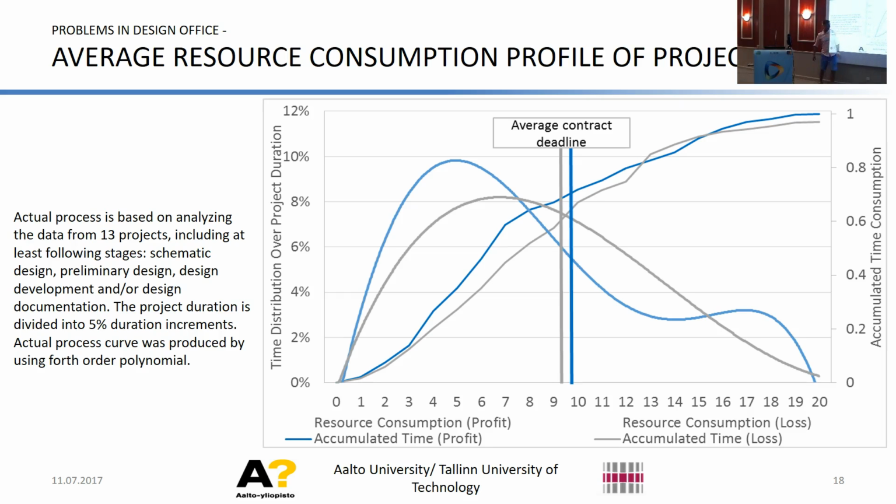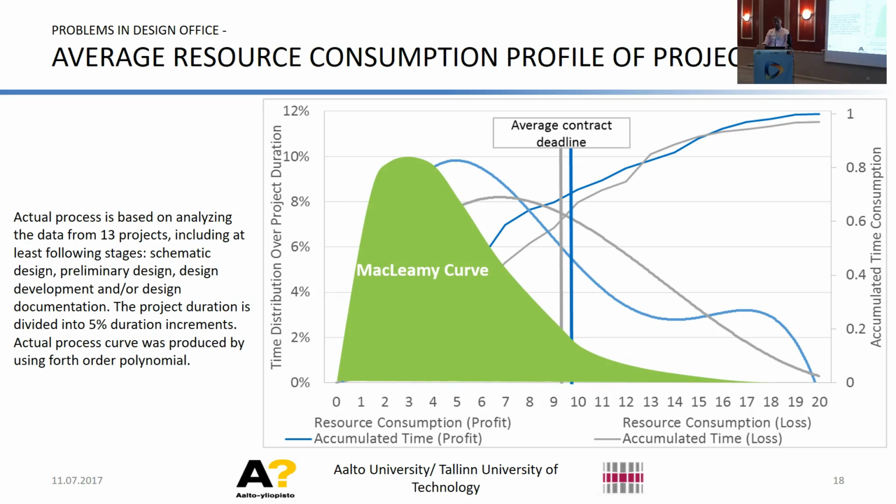So they spend pretty much the same amount of time after the contract deadline, which is quite a lot. And this is one of the main explanations for the loss, basically, in terms of the money and everything else. So that means they have lots of errors and problems in the design projects. And if you would compare this to a previous curve, of course, it's an idealization.